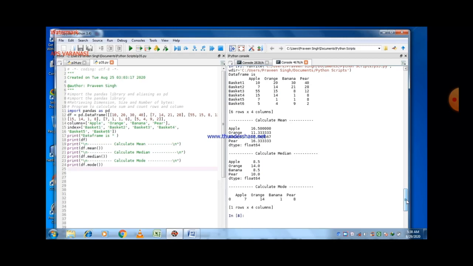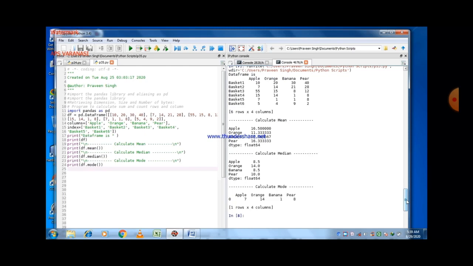Here you can see that first of all the mean will be calculated along axis 0, means you can easily see that apple, orange, banana, pear. These are the names of the columns here.